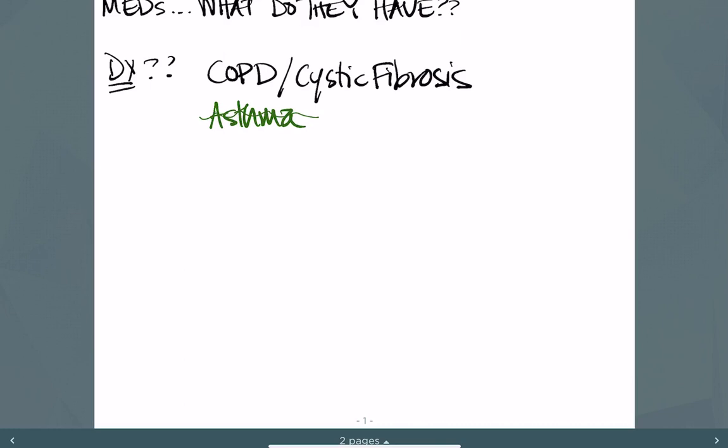Let's see, what else could they be on? So they were on bronchodilators, they were on a steroid. That's a really hard one to narrow down. Something inflammatory, chronic. All right, then I see an ACE inhibitor and a diuretic. ACE inhibitor and a diuretic. What comes to mind with those 2 meds on board? ACE inhibitor, blocking the renin-angiotensin system, diuretic, getting rid of fluid, highly associated with heart failure. So I'm wondering if that could be involved. ACE inhibitor is a blood pressure med, so it could be